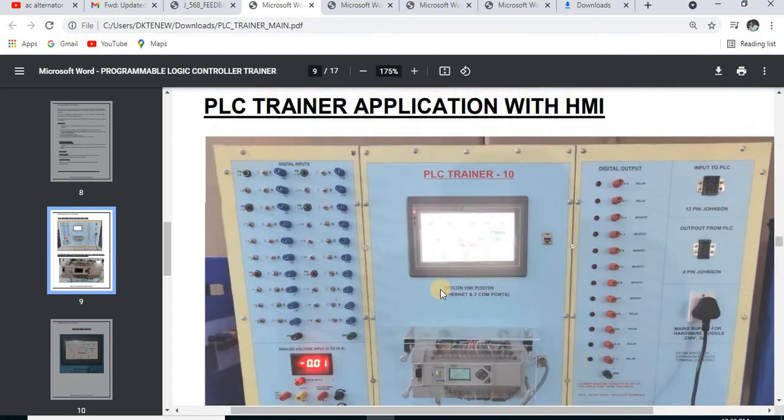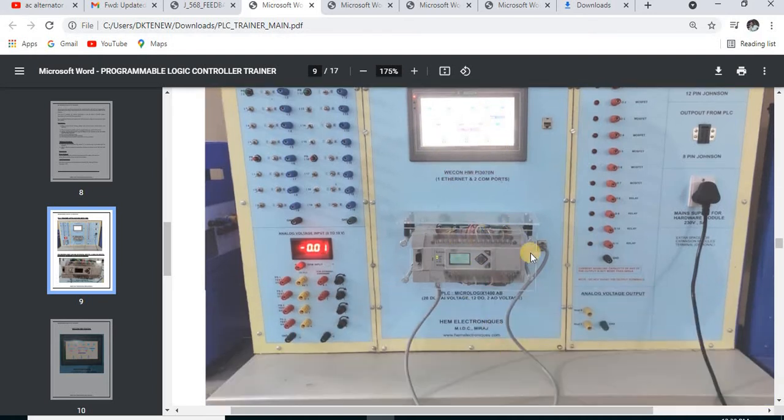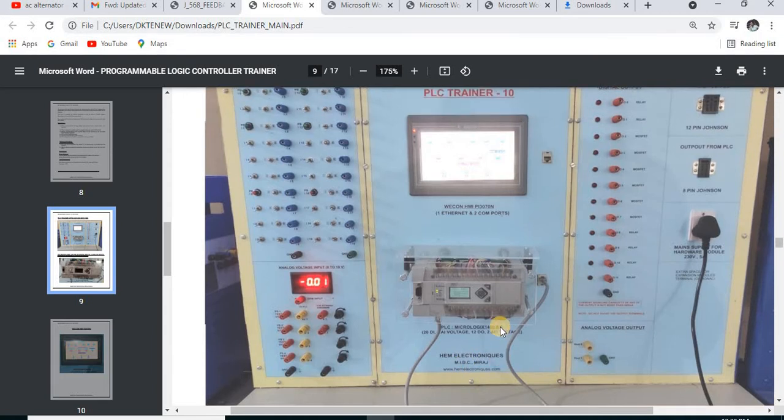This is your Vcon HMI, an interface between human and machine. This is your PLC, from Micrologix 1400 AB. It has been assembled with the help of Hem Electronics, which is in MIDC in Kupwad.